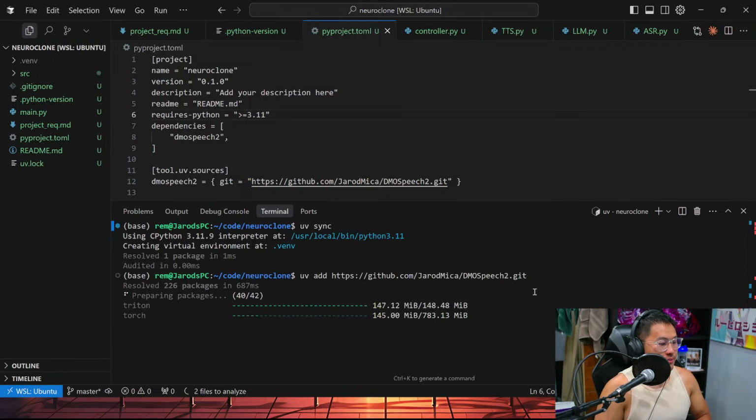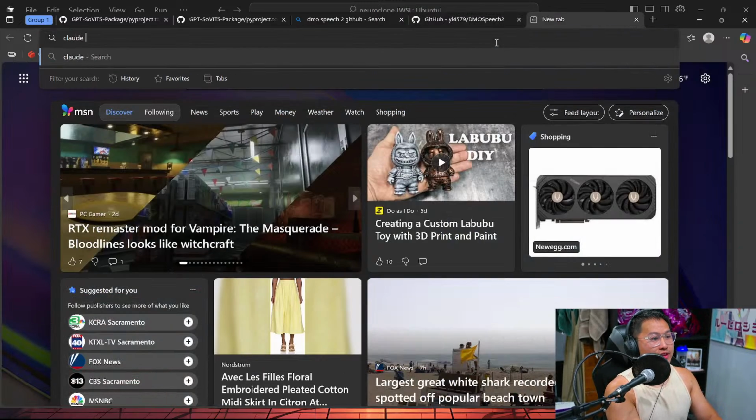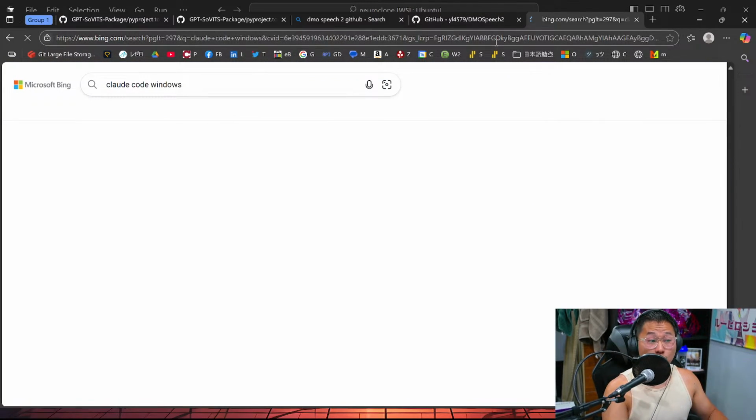Okay, so I am doing everything on WSL2 here. The only reason that I'm doing this on WSL is because Claude Code is only on WSL2. However, I did find out that Claude Code is now available on Windows.